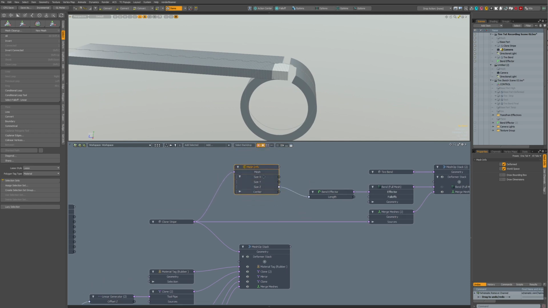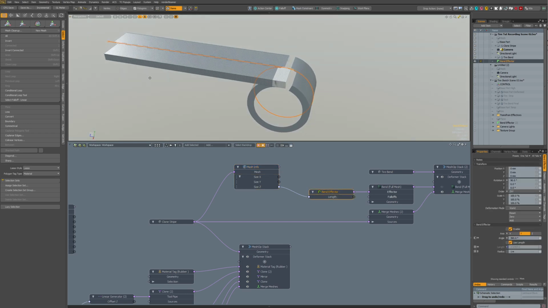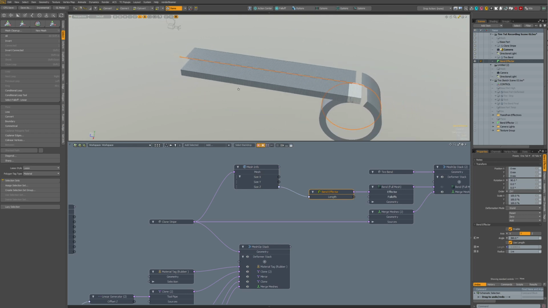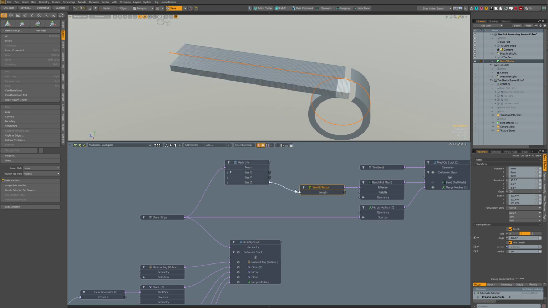I think we can remove these and these for now at least. So the first thing we have to do is this bend effector. It's in the wrong place by a small amount. It's in the center, so we have to move it back by the amount of the copy, or is it half of the amount?